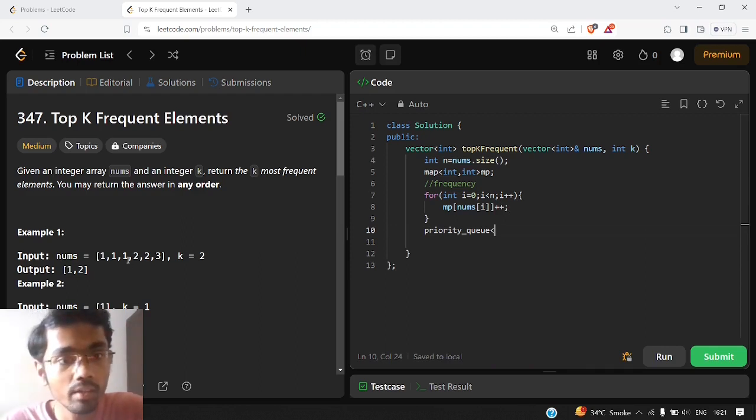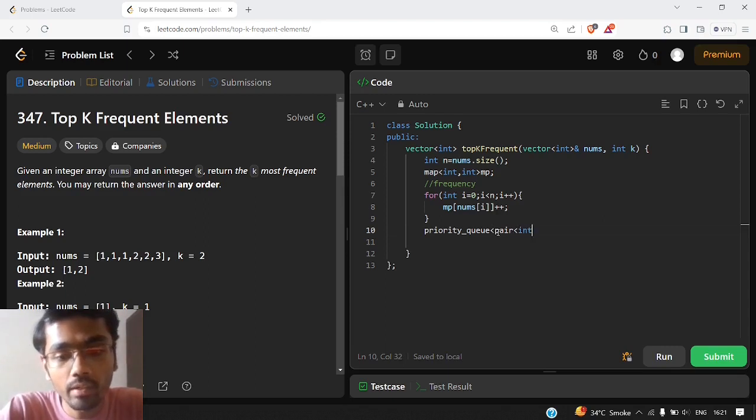For example, 1 is occurring 3 number of times, so we will not only put 3 in our priority queue but also put 1 beside that 3 so that we can know 3 is the frequency of which element. So we need to keep a pair of elements in our priority queue or max heap.